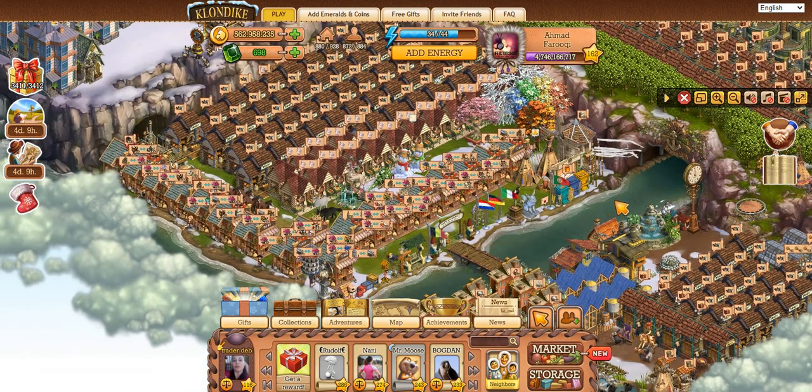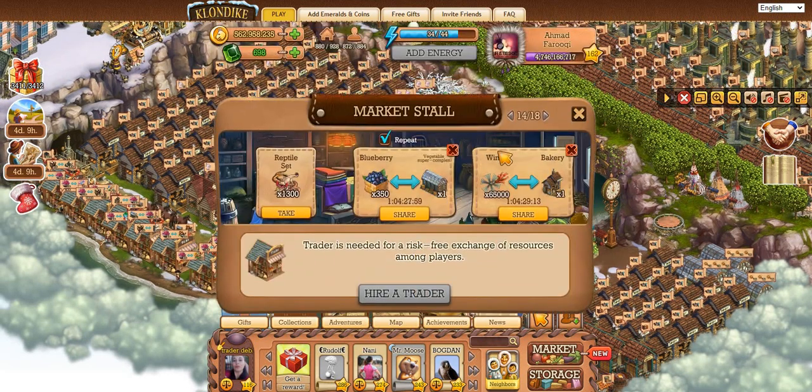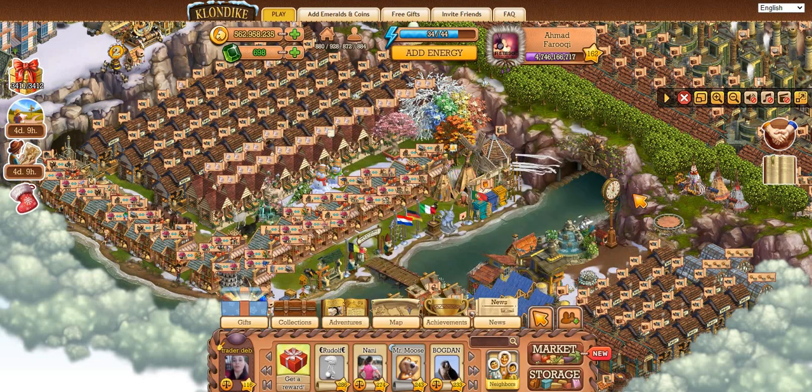So try to put your own trades too. Like, if you see one of my trades, I am giving bakeries for 7,500 raspberries. So if you have raspberries, you can take these bakeries, or try to find some other trades in your neighbors. And if you find a reasonable trade, I would suggest you get a lot of bakeries from trading, because sometimes you can find really cheap trades. So you can have a lot of bakeries,